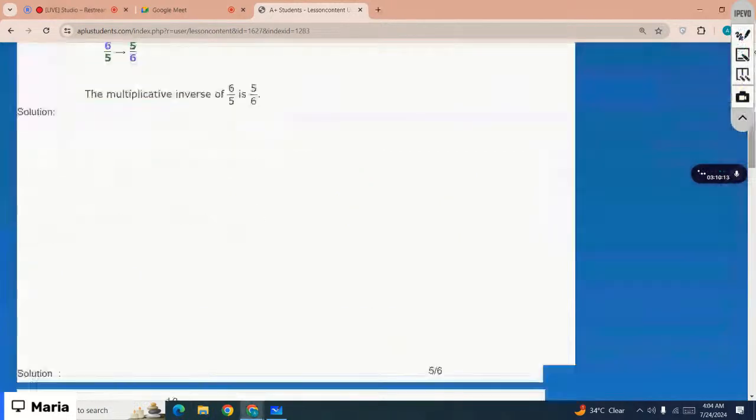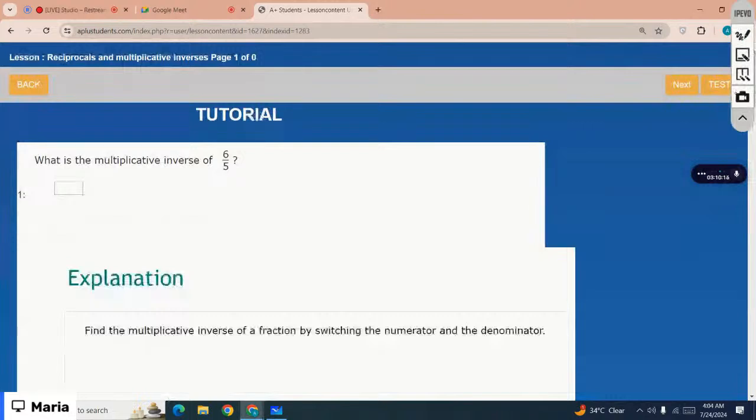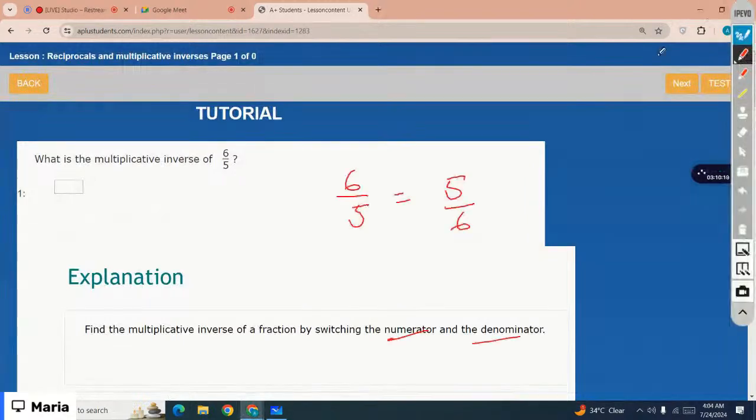Basically, the multiplicative inverse means if you multiply the fraction and the